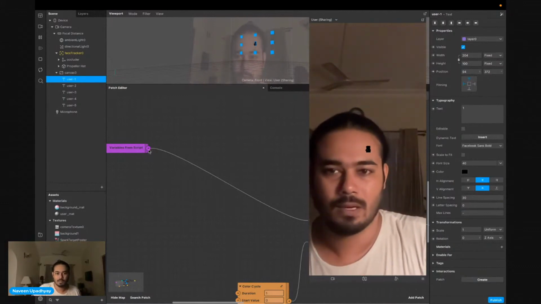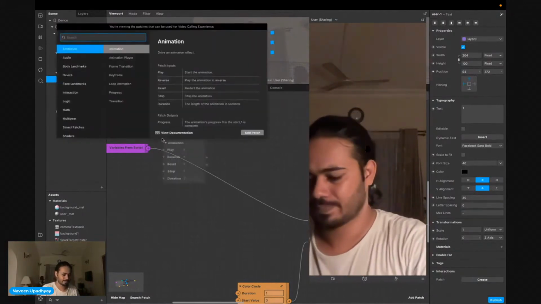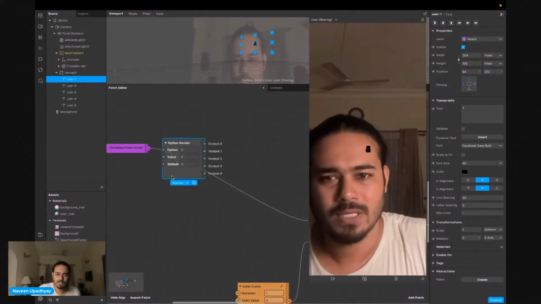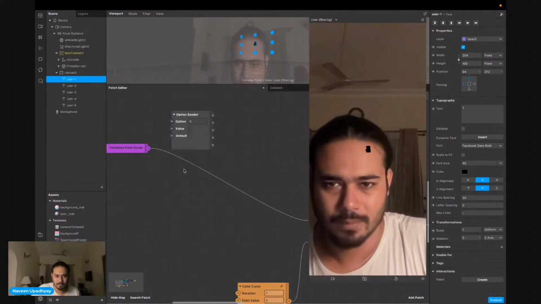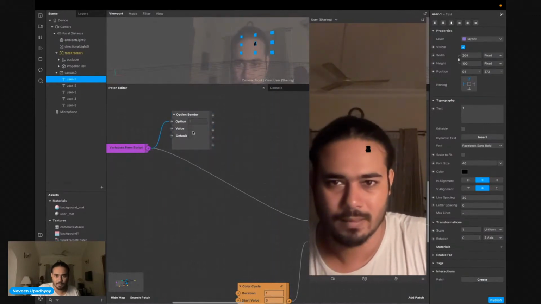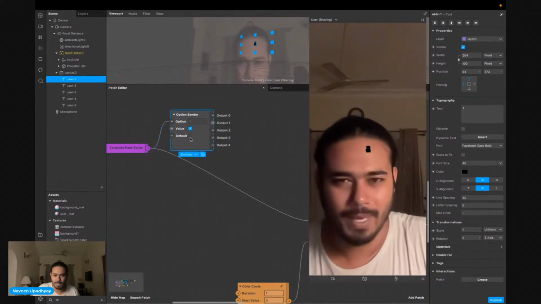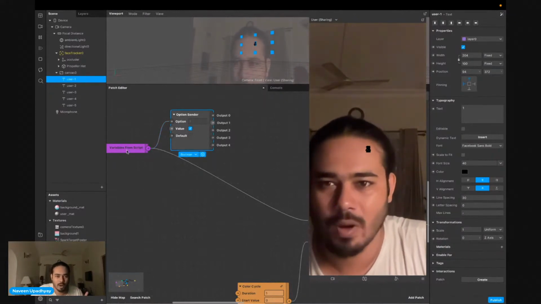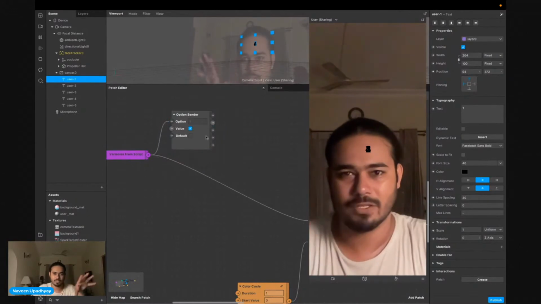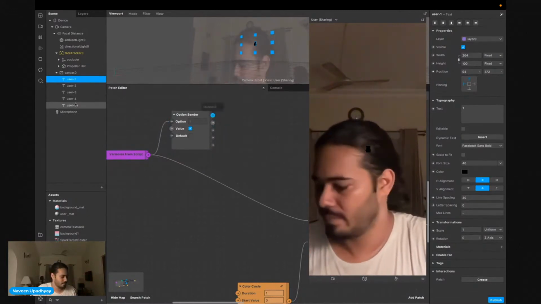When you do this, there's an option sender, and this option sender has a Boolean type. If I go to option sender and say number one, then by default it's invisible, and whoever has the correct participant index, which for me is going to be 0, when it's 0, it's going to make it visible.